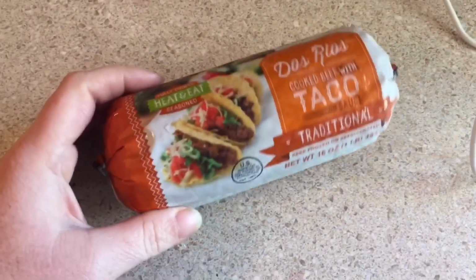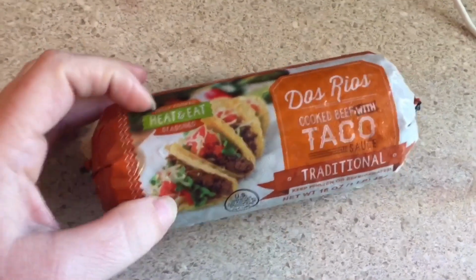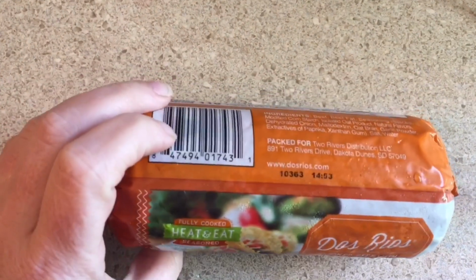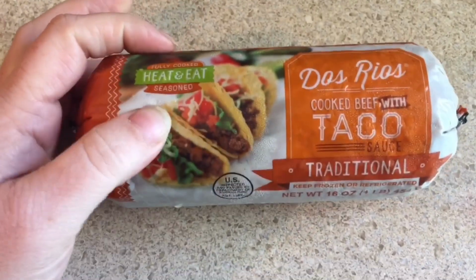Alright, y'all, so tonight I am making tacos, and I'm using this cooked beef with taco sauce on it. I don't remember where I got it from. Surely it was probably on sale or marked down or something like that. I mean, it's still good to eat now, but it was probably reduced or whatever. But anyway, this is what it looks like, and I'm just going to put it in my pan and cook